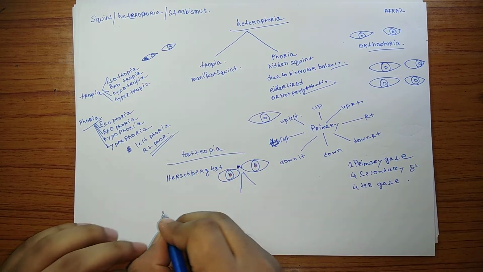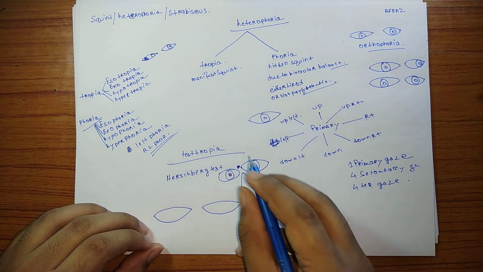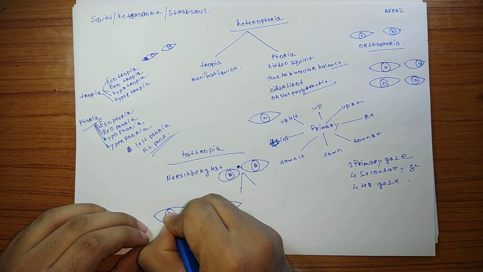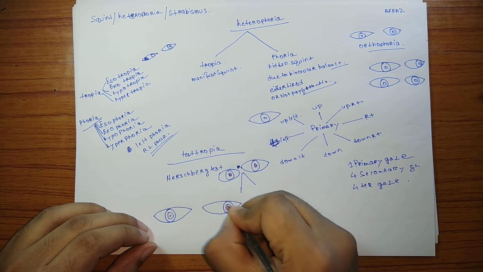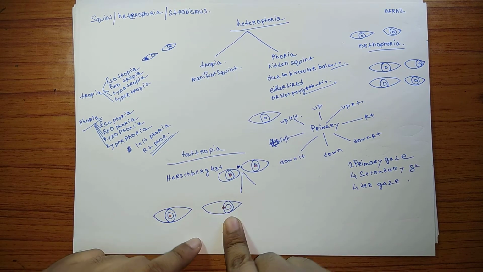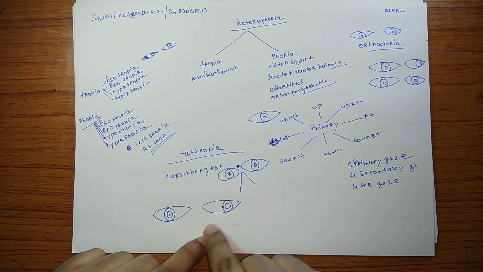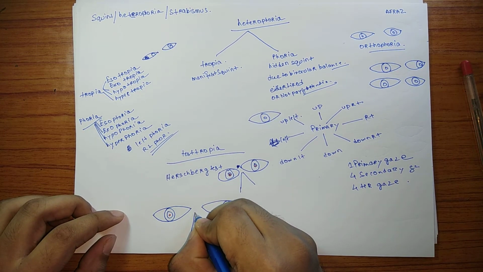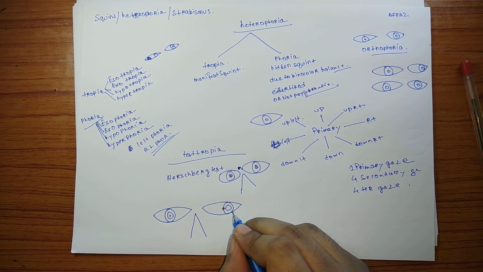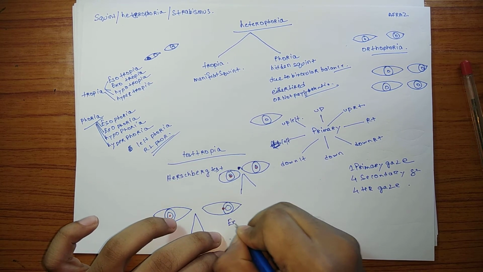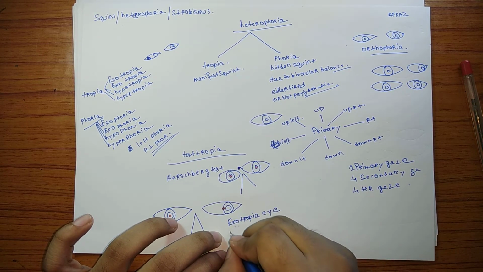But in some circumstances, let's say, okay, let us see, the shine here is in the center, but the shine in this eye is shifted to this side. Okay, so now what does this mean? When you see this shine is iso, that means inward, inside. But this eye is exo, so we will say this is exotropia. Again, this is exotropia. If we see this shine, we will say iso